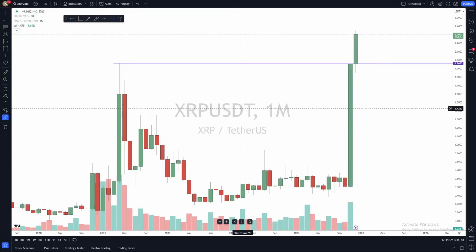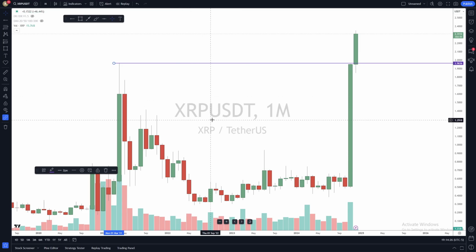All right, boys, XRP USD. Let's go. XRP is breaking out of the all-time high levels marked here on the monthly chart. So we're going to take a look at the monthly, drop down to the weekly and then the daily, and I'll give you guys my extension levels of potentially how far I think this may go and where I'm personally